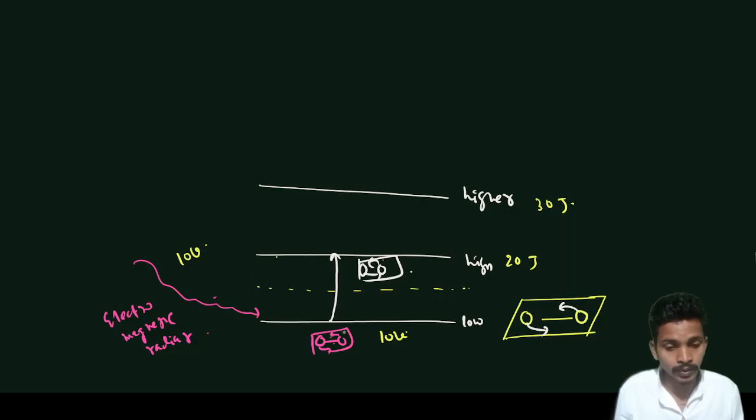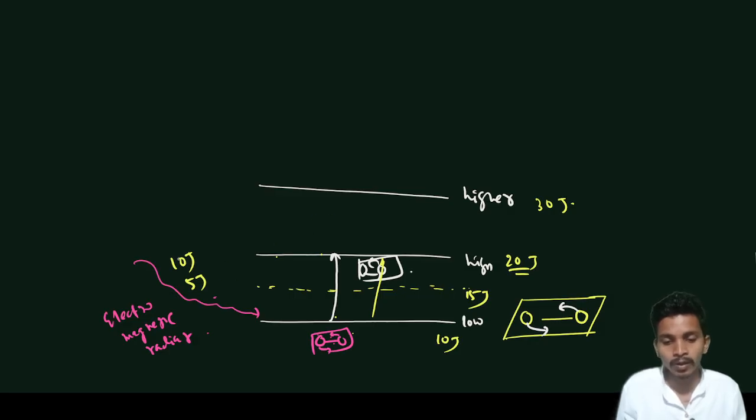it absorbs the frequency and gains the 10, let's say 10 joule. So if it gives the 10 joule frequency, it absorbs this 10 joule and shifts to the 20 joule energy level. But if the frequency is, let's say, 5 joule, it does not absorb this 5 joule, because then it would come to somewhere around 15 joule, but there is no energy level there. That is what it means: it absorbs only the frequency which matches, to reach the higher energy level,